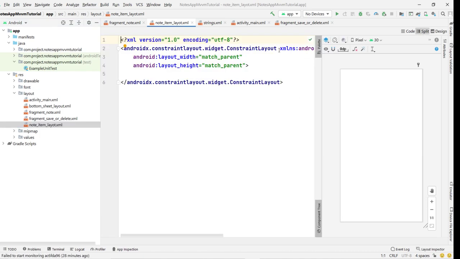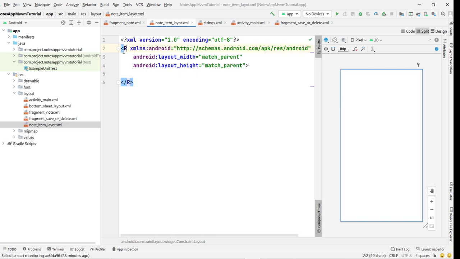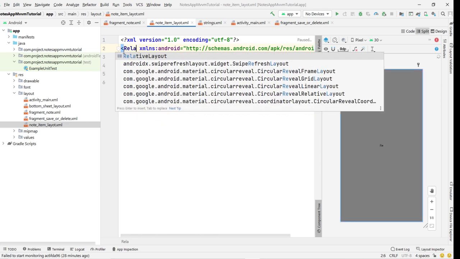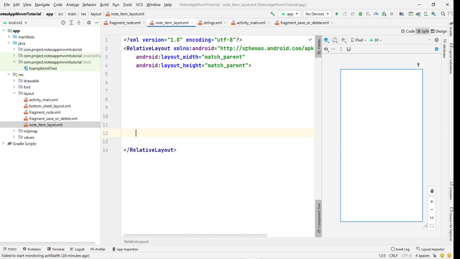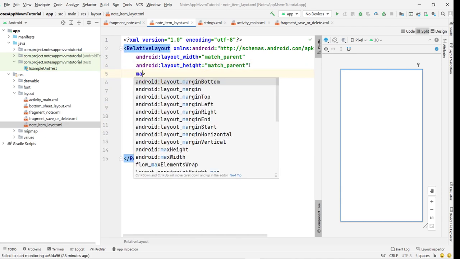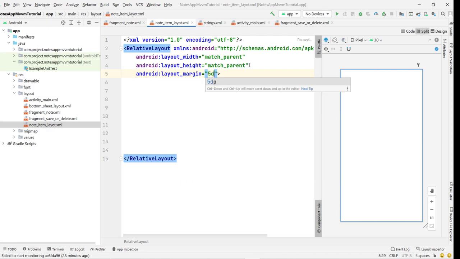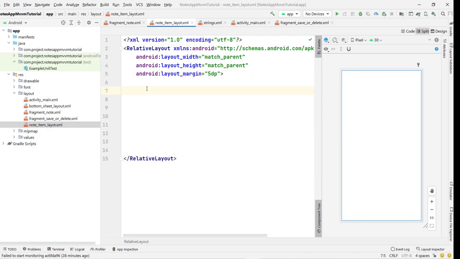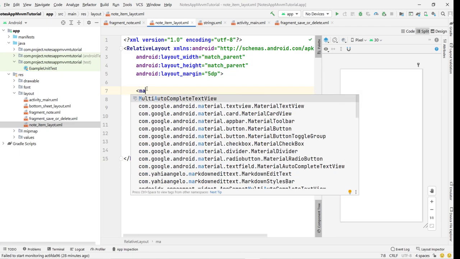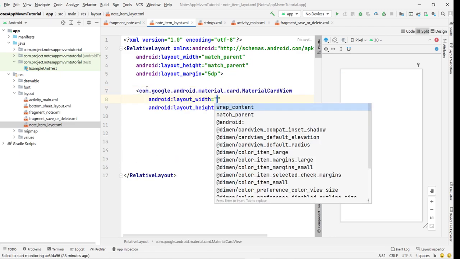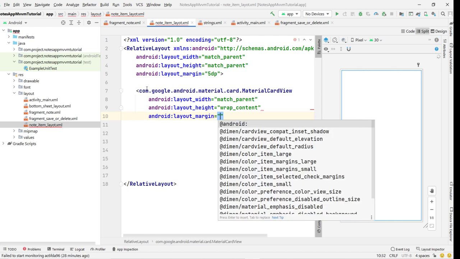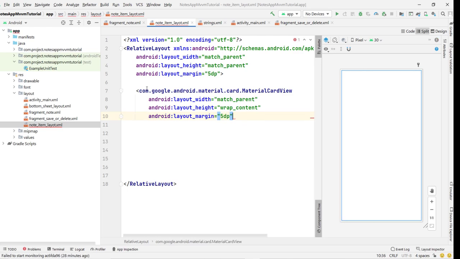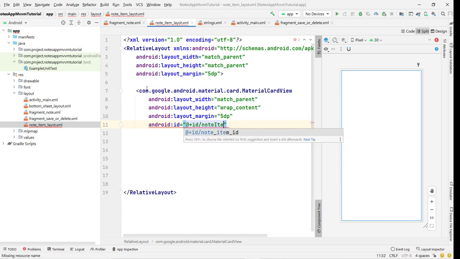So inside the note item layout, I am going to use the recycler view item. First of all, take the relative layout here. Then inside this relative layout, first of all let's give a margin. So I give the margin 5 dp. Then inside this I have to take a material card view, set the layout width match parent, height wrap content. And then after this we have a margin, so I give the margin 5 dp. And then I have to give the ID, so I give the ID here note item